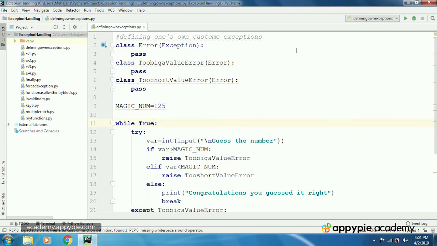So how to go about this? I have applied an infinite loop. In order to break out of this loop, I will use the break statement. As you know, the break statement is used to take the control out of the loop block. Then I have started with try, then var is equal to input, guess the number, and I have used the int function to convert it into int. The number will be guessed by the user, and that will be put into this variable var. And as I was telling you, if var is greater than magic_num,